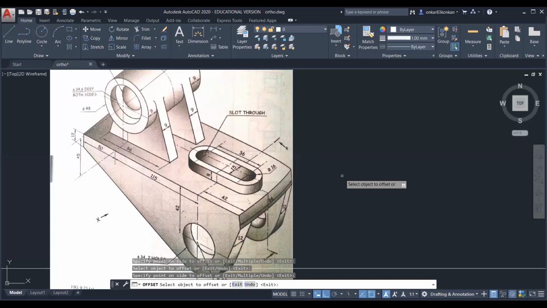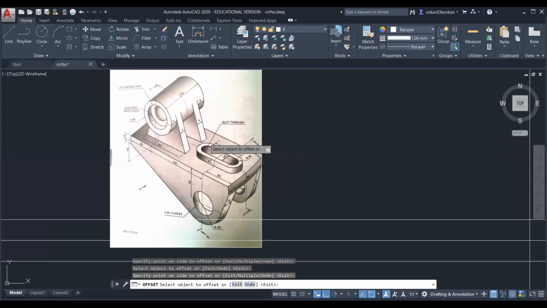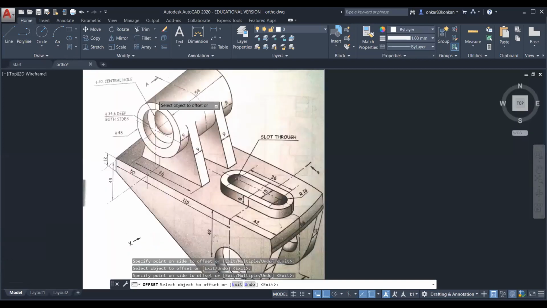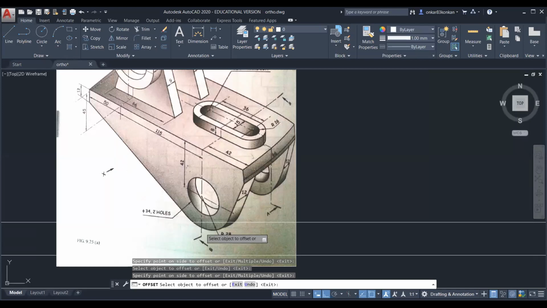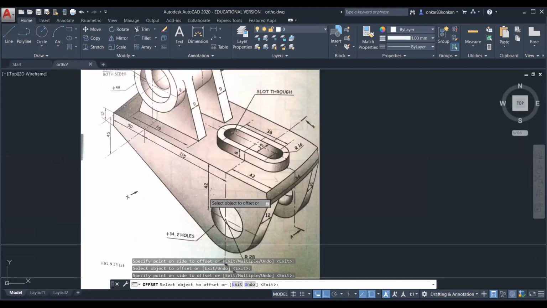So that is equal to 207. This is in mm. And the maximum height in the front view, we should start from this point and we should measure up to this point. Okay. So you can observe here, from the center point of this circular hole, the dimension is 42 mm up to this line.